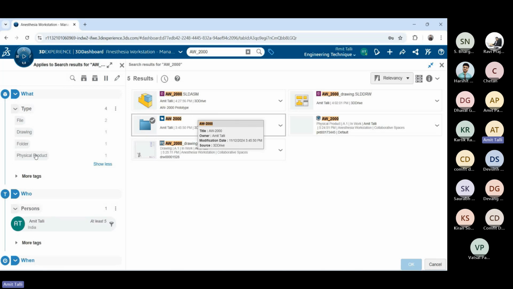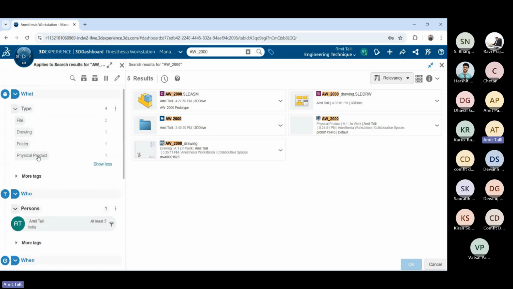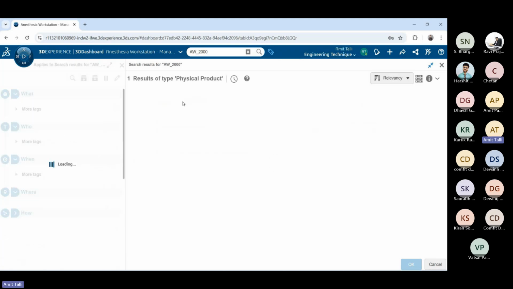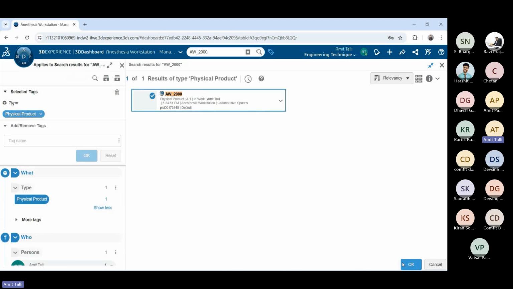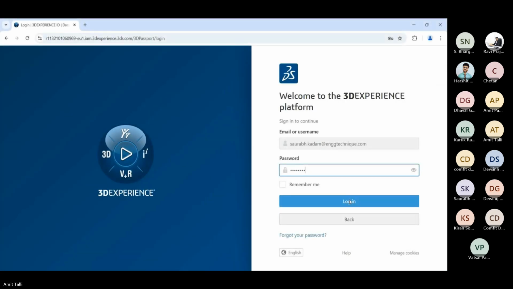Basically, I can use the 6W tags for searching the products. Right now you can see when, where, what. These are called 6W tags. So I'm filtering the physical product, selecting the assembly which I have just loaded in the space, and it has been added. Not only that, we can also add the Word file also. Okay, now let's go for the